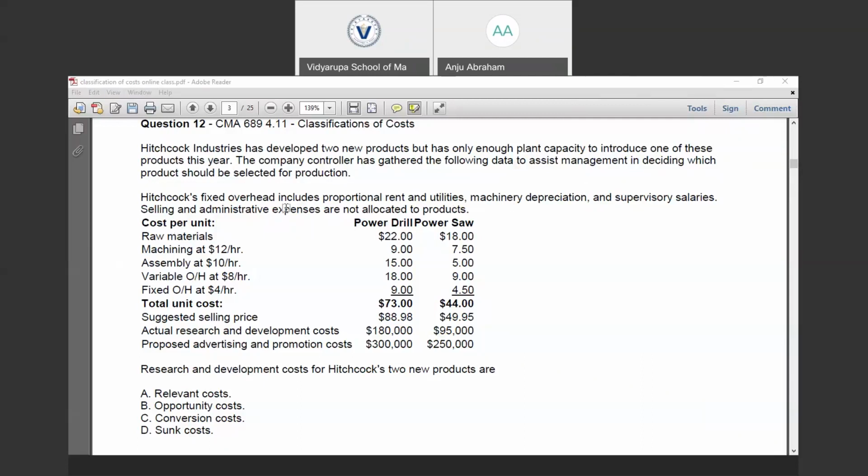Selling and administrative expenses are not allocated to products. For the two products, power drill and power saw, all the cost per unit and the fixed costs are provided to us. The question asked is whether the research and development cost for Hitchcock's two new products is a relevant cost, opportunity cost, conversion cost, or sunk cost.